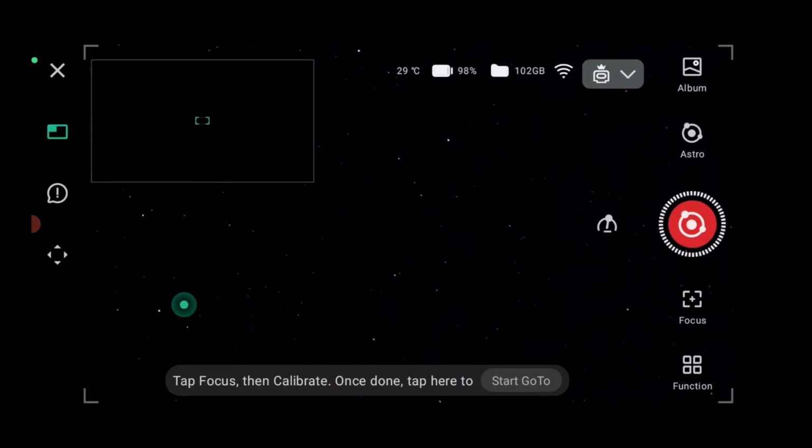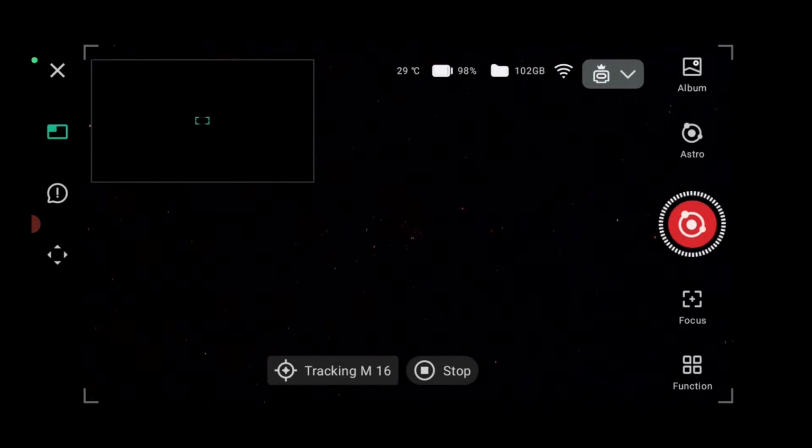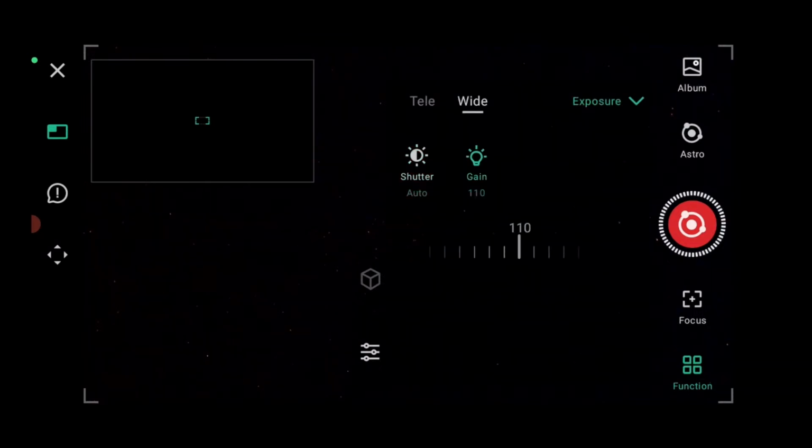Okay, start go to. Let's hope no wind. Last time I had wind and cloud, it was terrible. Last time, this week that I went, was very hard. Okay, says it's tracking. Now let's go here, go wide, gain, take a few exposures like this, gain